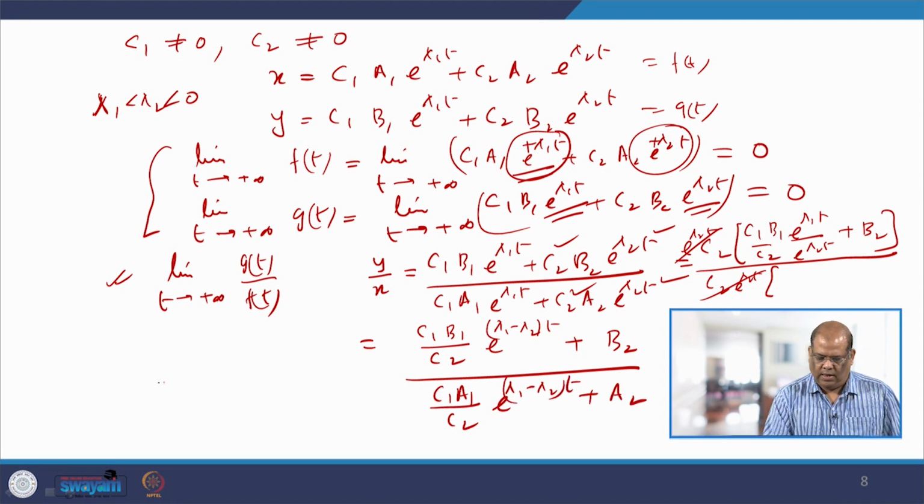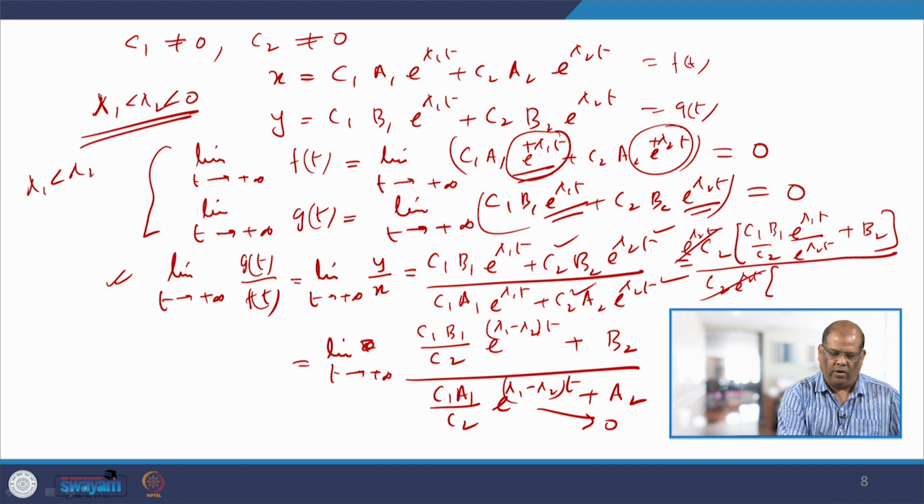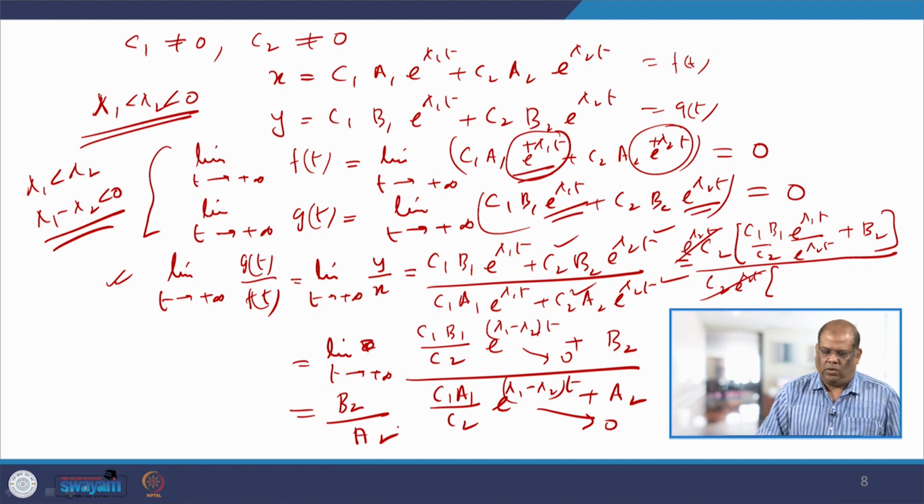Now, as t tends to infinity, this is equal to limit t tends to plus infinity. So, you can see that this tends to 0 because already you have taken that lambda 1 is less than lambda 2. So, lambda 1 minus lambda 2 must be less than 0. So, as t tends to plus infinity, this goes to 0, this goes to 0, and the limiting value is B2 by A2. So, now this ensures that the path approaches 0, 0 and this ensures the path